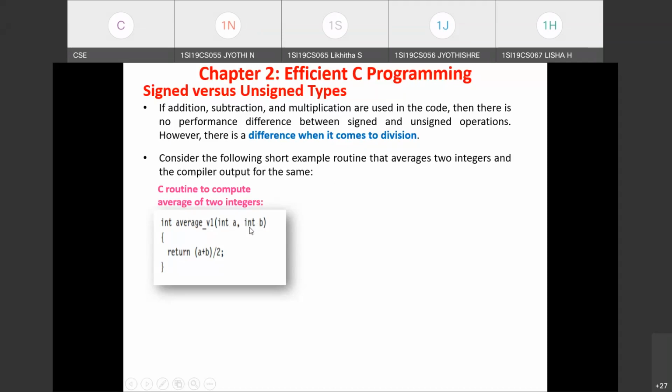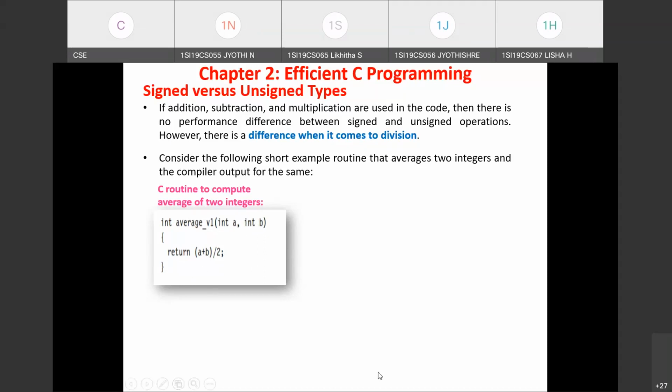As you know, for the first argument the r0 register will be allocated, for the second argument the r1 register will be allocated, and finally the result that is computed will be returned to the calling function through the r0 register. So normally compilers will make use of these registers in order. First argument r0, second argument r1, and the return value uses the r0 register.